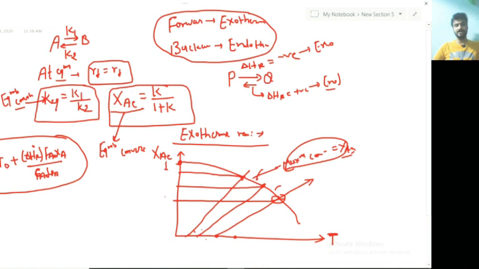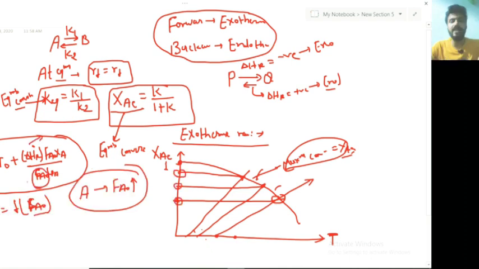So, conversion you need to focus on. You have to fix a conversion because you want a particular conversion. Here ΔH naught of reaction is also fixed if it is not going to change with the temperature. Now, the only thing left is Fa naught. Fa naught is your molar flow rate of the reactant A. So, if you want to decrease the outlet temperature, then you have to increase the molar flow rate of the reactant. If you increase the molar flow rate of reactant as much as possible, then this denominator term will get increased and the overall term will get decreased. So, your equilibrium conversion will get increased.